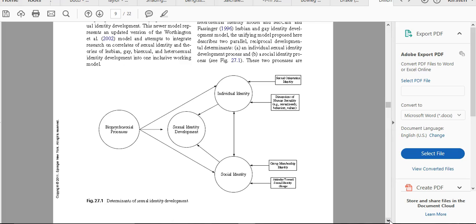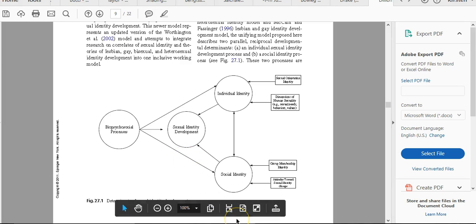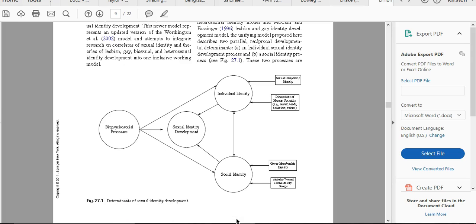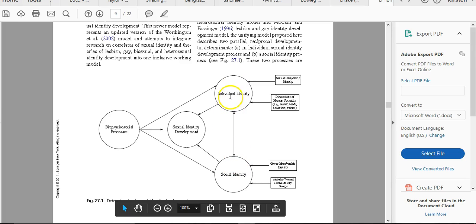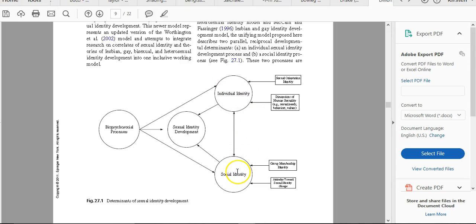So one of the really nice implications for practitioners about this model, there are actually a couple, but one is that it allows for a separation of the internal and the external development processes, and that's what we're seeing in this first figure. So the sexual identity development, our center circle here, is actually a product of your individual and your social. And these can operate in parallel. So they may be at the same space and they may be in different spaces. And I think actually for a lot of people you're probably in two different spaces.